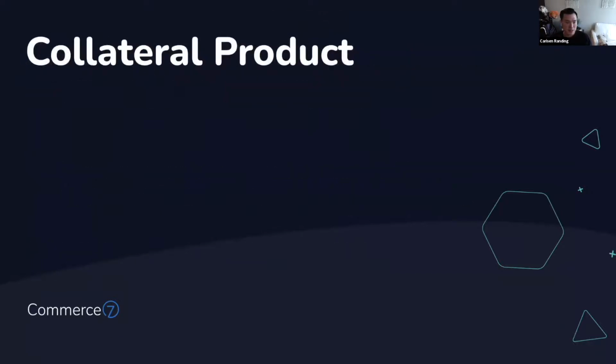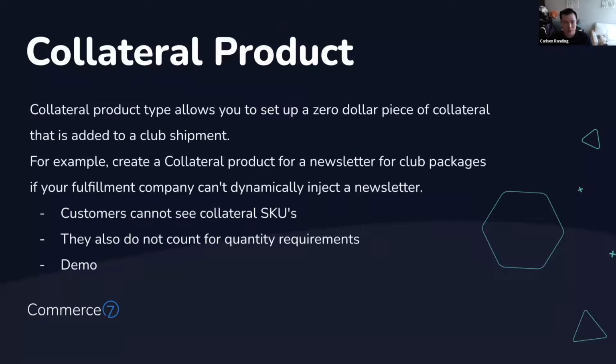All right, next topic I want to talk about is a collateral product. So collateral product is a product type that allows you to set up a $0 item, commonly a piece of collateral that is added to a club shipment. You can create a collateral, for example, for a newsletter, for a club package, if your fulfillment company can't dynamically